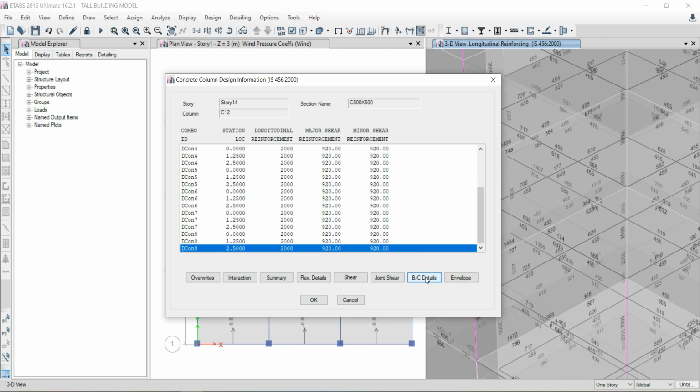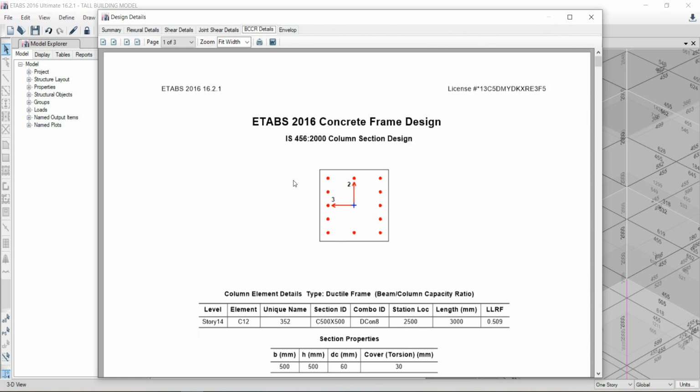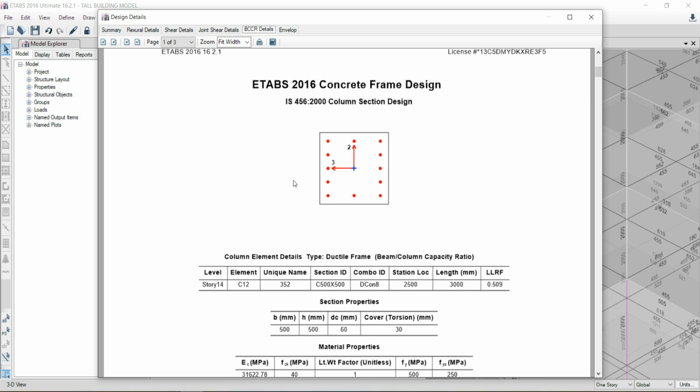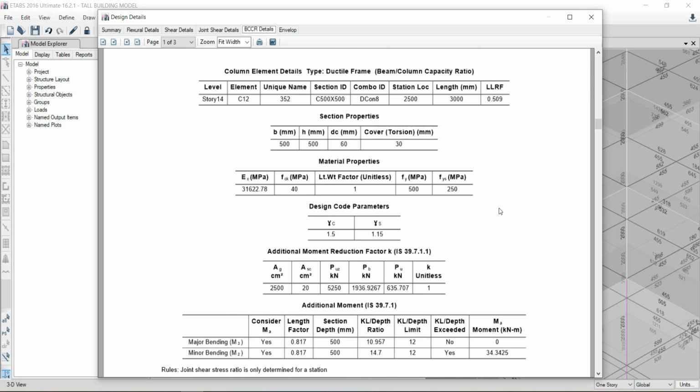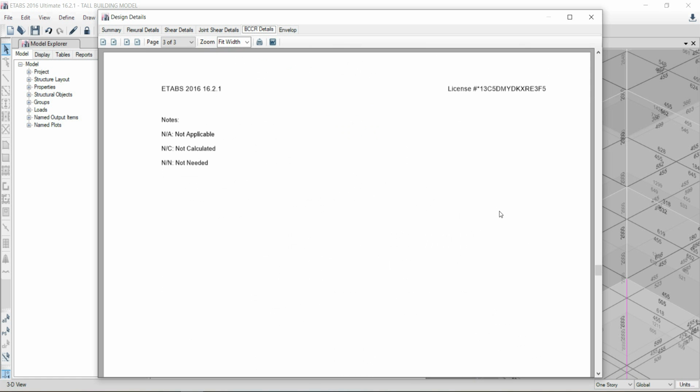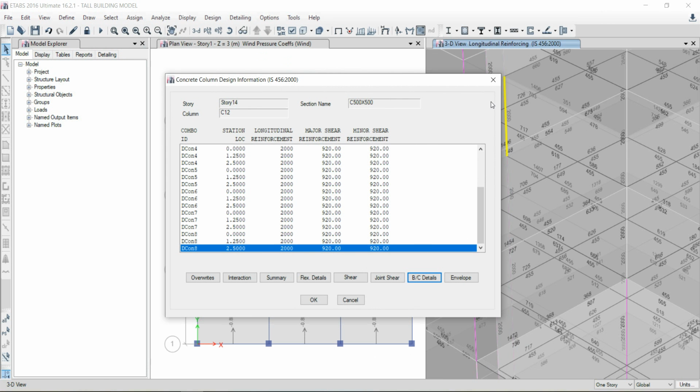If we click on the B/C details, so it will show us the concrete frame design, column section. Click on OK to exit.